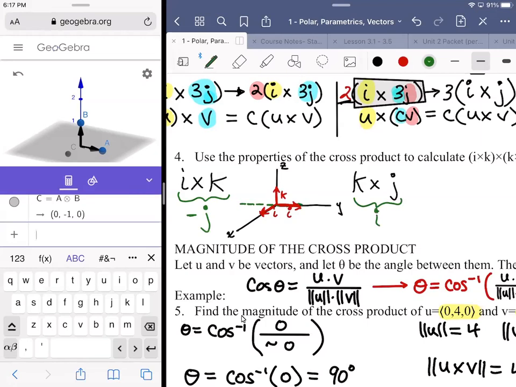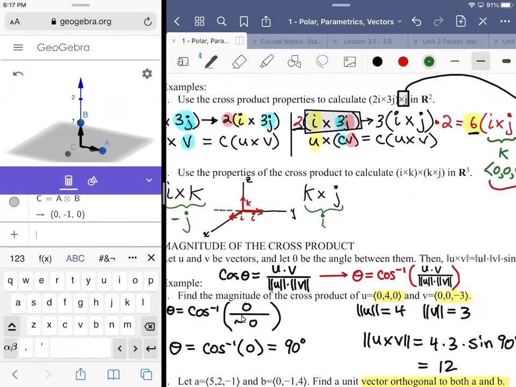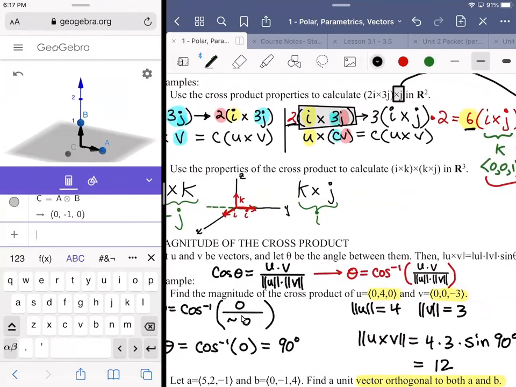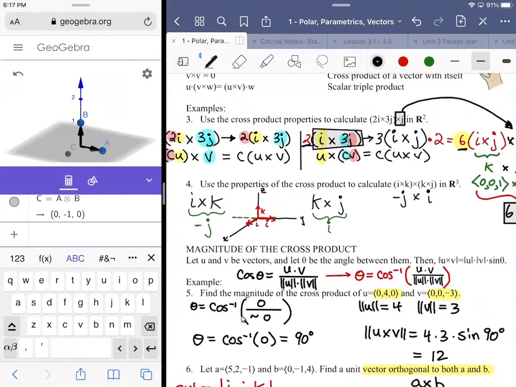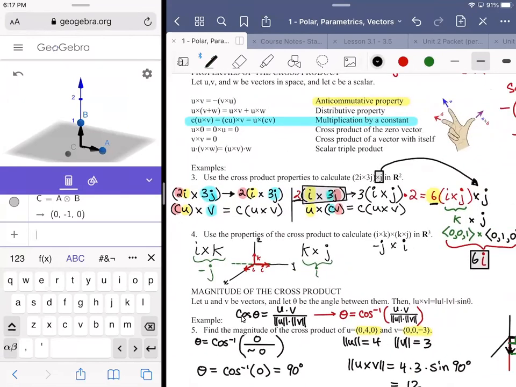Right. So that tells me that in order to get my final answer, I'd be looking for negative J cross I. All right. So we know, based on the anti-commutative property, that we can do a switcherooski on the ordering of things, and it could make our lives a little bit more convenient sometimes. But it really is just a matter, again, of right-hand rule. If I know that negative J is going in this direction,